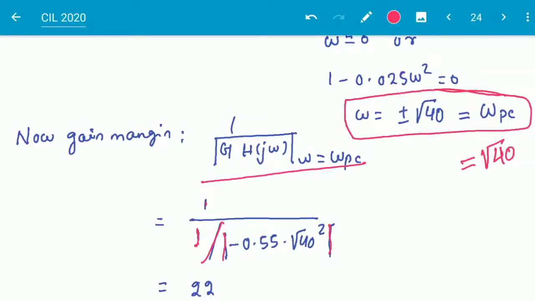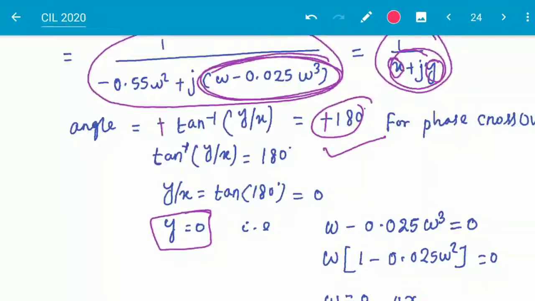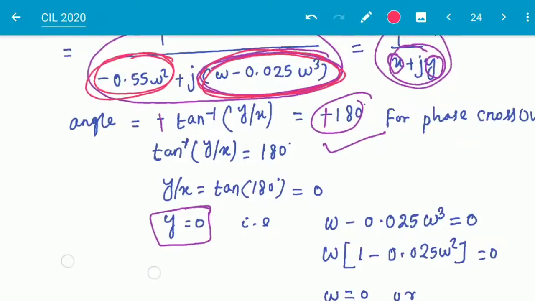Here we have taken root 40 square as omega square value, because if we put root 40, the whole term will be 0, because we have taken 0 to find out root 40, then only this will be the value. So